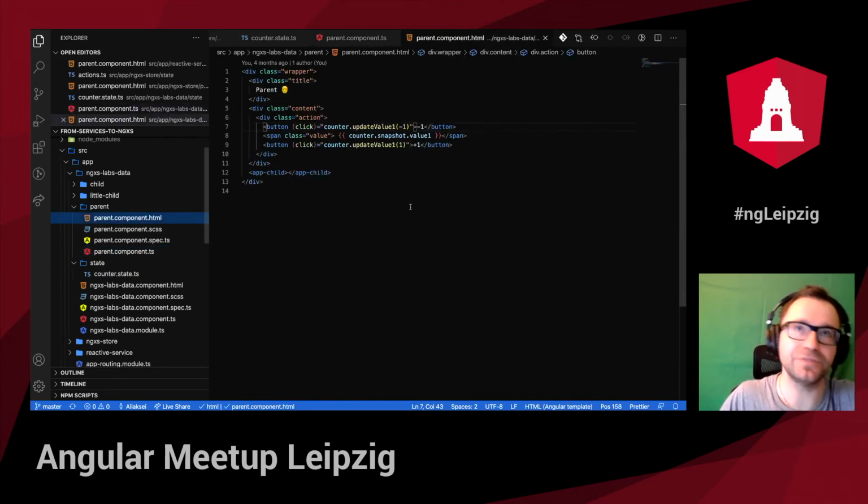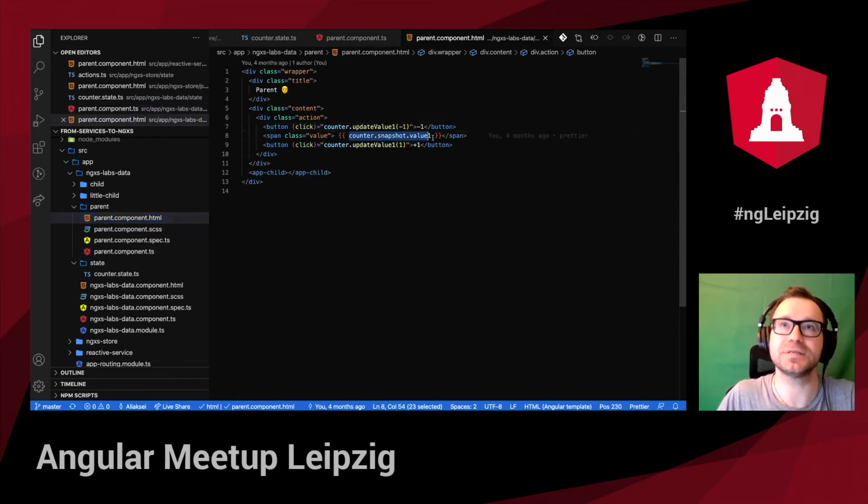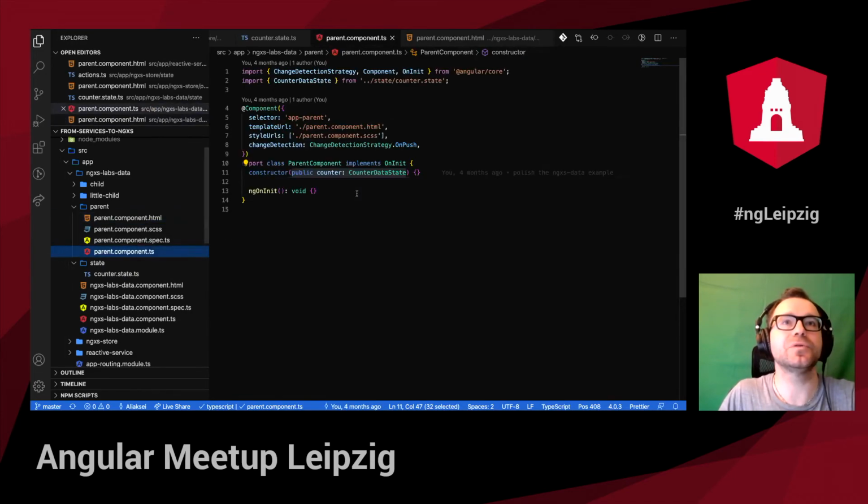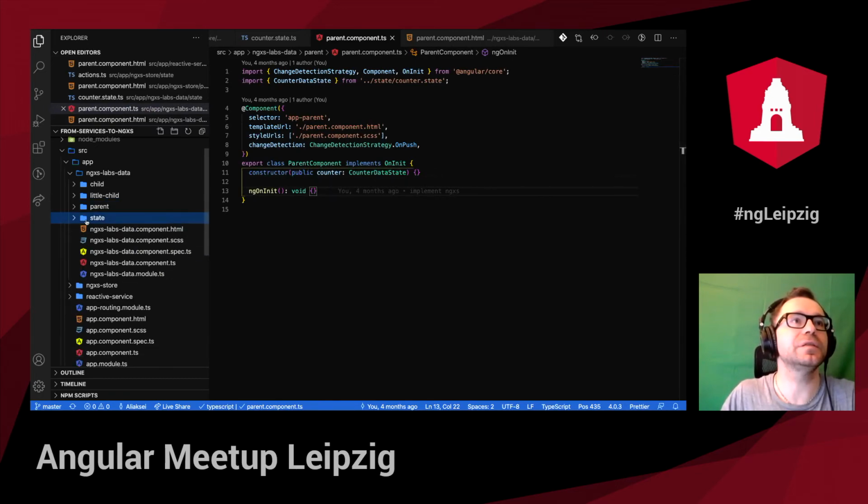So it's a little bit different here, right? And so in order to get the latest value, I have to do counter.snapshot.value1. So that's a little bit of a difference here. And it gives me the latest value. So I don't have to use the async pipe now. So yeah, it's a little bit less code I have to use. Not everyone probably would like this approach, but for those who like it, you can try and see if it works for you. So let me show you the last thing, which is